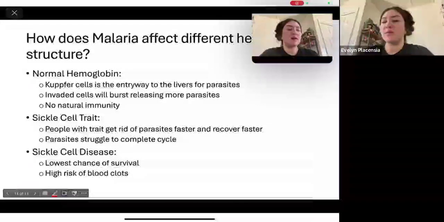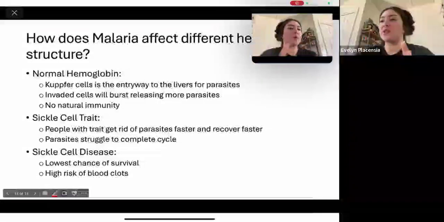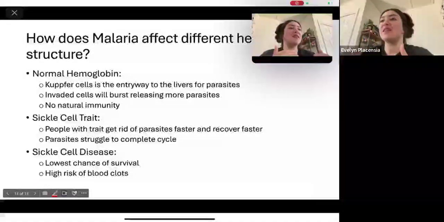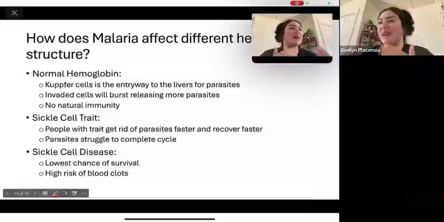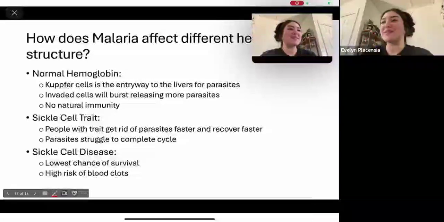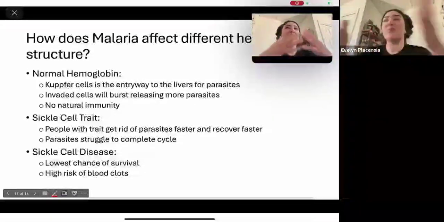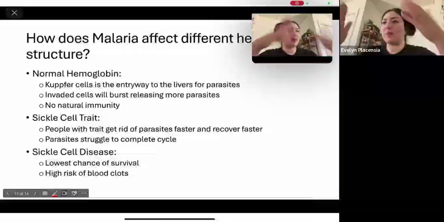So the invaded cell will become sticky. It will stick to the vessel walls, and it will burst. And they actually reproduce again inside the red blood cells. So when it bursts, it releases more parasites, and they will do the same thing with other neighboring red blood cells